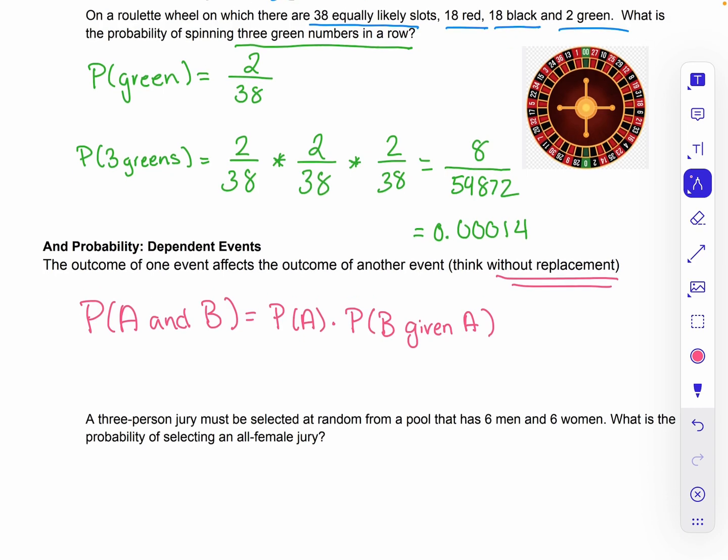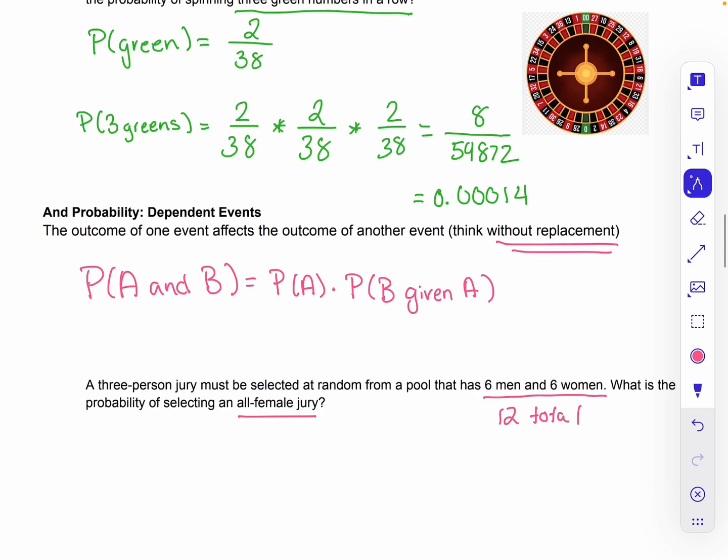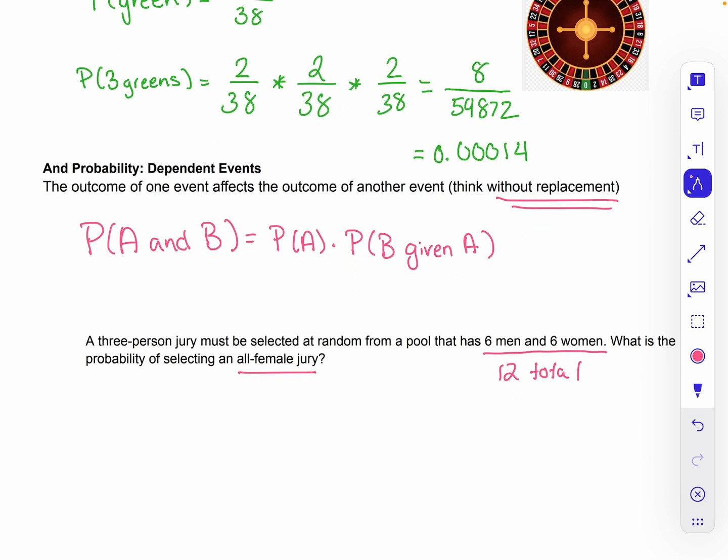So we have a 3-person jury must be selected at random, and the pool has 6 men and 6 women. What's the probability of selecting only women? Okay, well, in this particular case, we have 12 total people to choose from. And so what I like to think about when I'm sort of describing this probability, so we have the probability of 3 women,